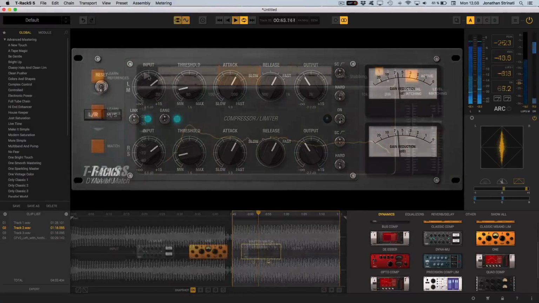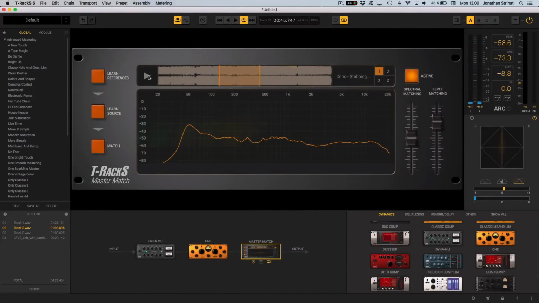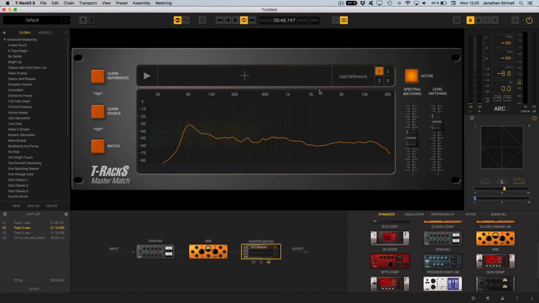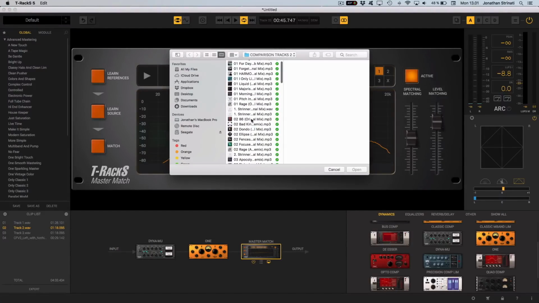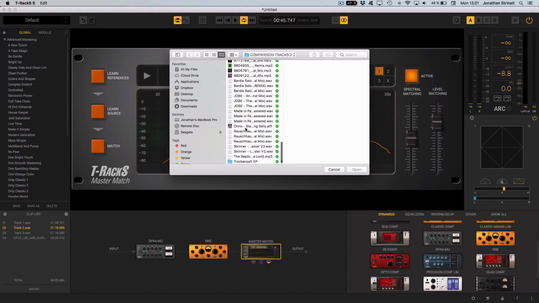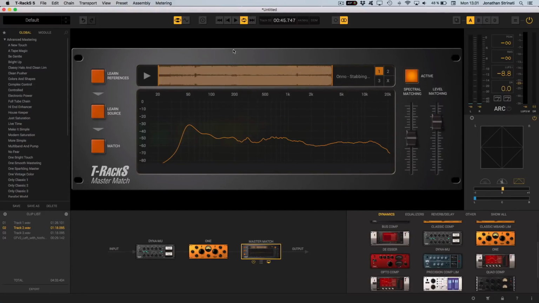Now let's take a look at the Master Match EQ, another one of the brand new modules in T-RackS 5. We can use this EQ to match the sound of our song to a chosen reference, or even up to 3 chosen references. Let's load a reference track into this section at the top here. We can select what section of our chosen reference to use,